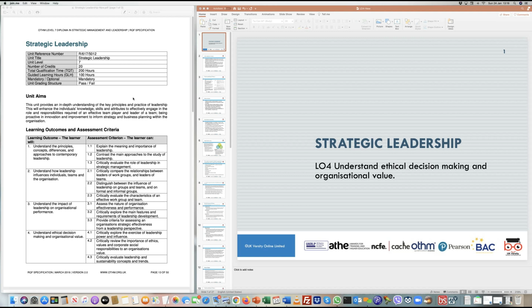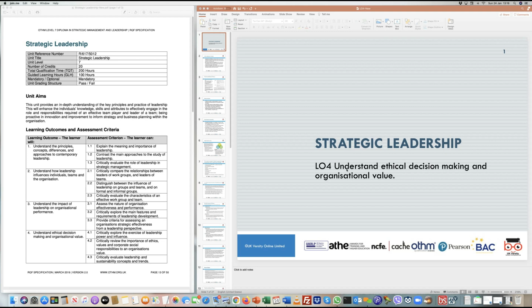In today's session, we are looking specifically at learning outcome 4, which is about understanding the ethical decisions which organizations need to make, and specifically how they relate to leadership. Business ethics is a large field, a unit on its own, so we are not looking at reading into ethics. The emphasis here is the relationship between leadership and ethics,